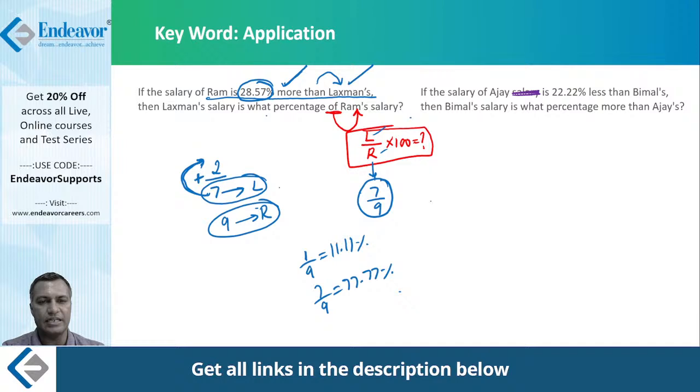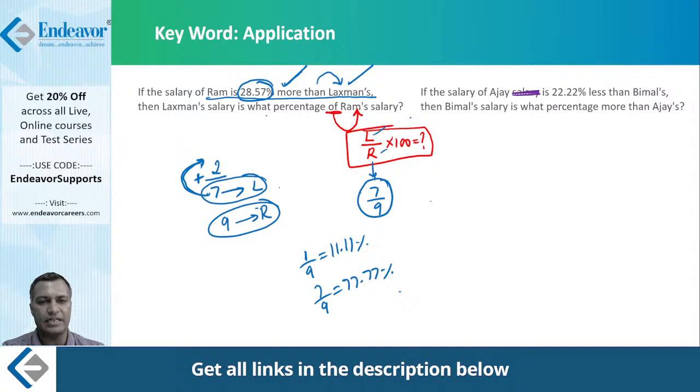Today you may not be very comfortable immediately, right? But definitely once you learn the chart I mentioned, you would be pretty comfortable writing this number. You are writing it as 2 by 9. So this 9 becomes Bimal. Now look at the word. It starts off with less. Less means minus. 9 minus 2. Therefore Ajay is 9 minus 2, which becomes 7. Did you get the dummy values? Yes, if Bimal is 9, Ajay is 7.